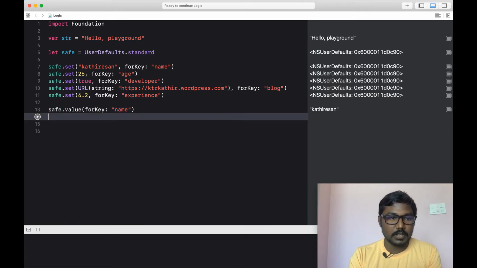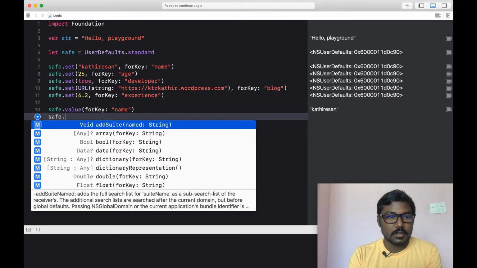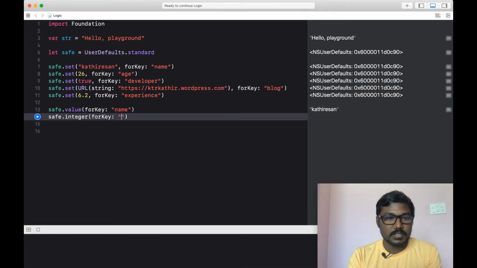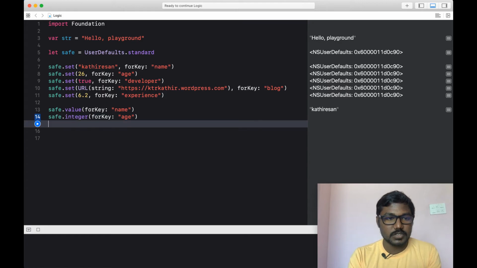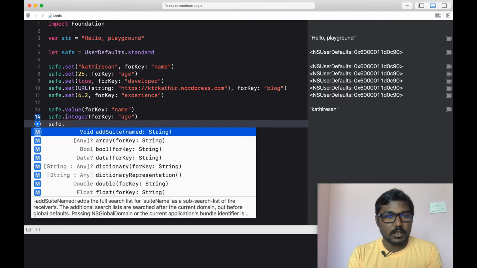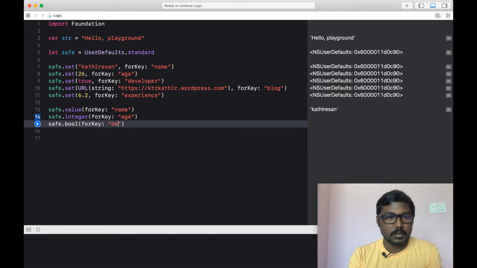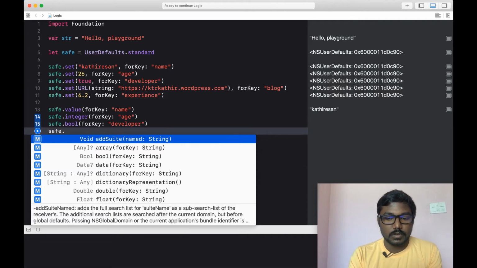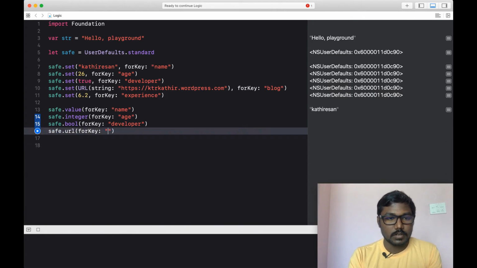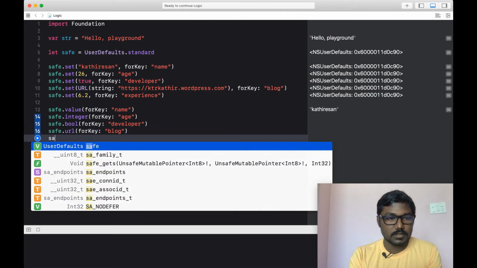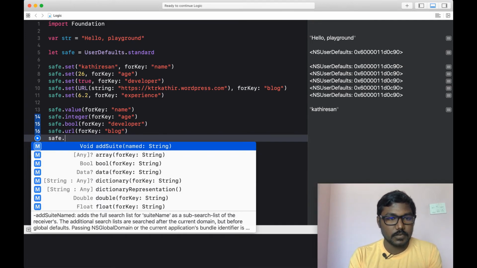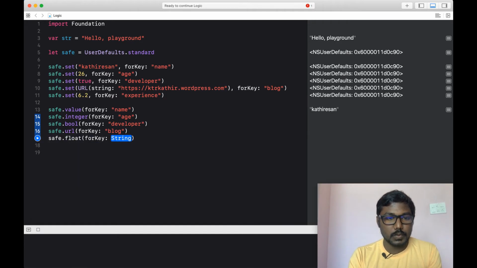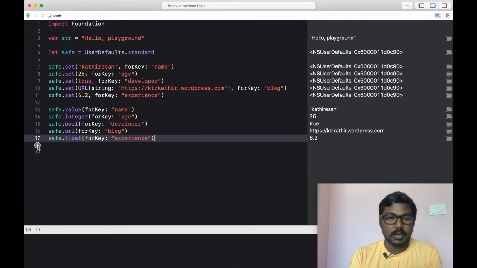Likewise we can retrieve save.integer for the value, that is the age, save.bool for the developer value, save.url for the blog, and save.float for the experience. Likewise, we can retrieve every value from UserDefaults.